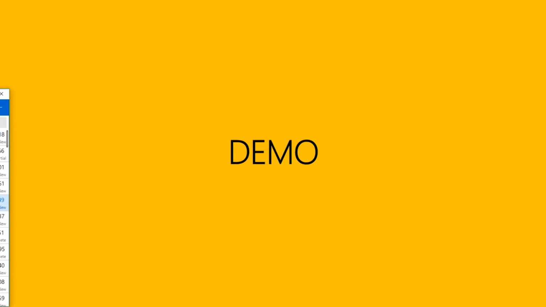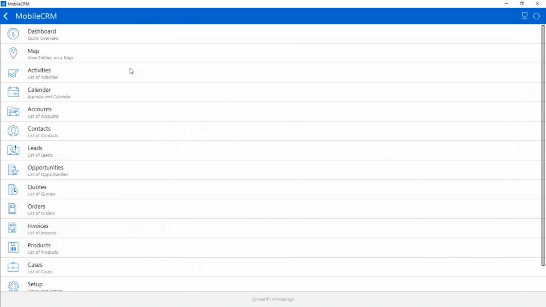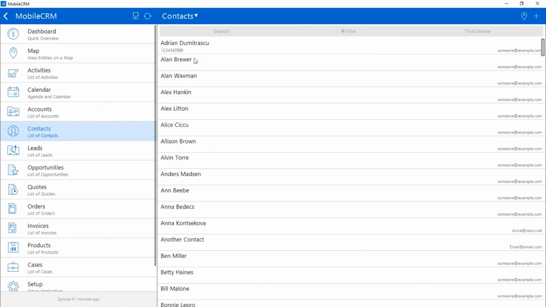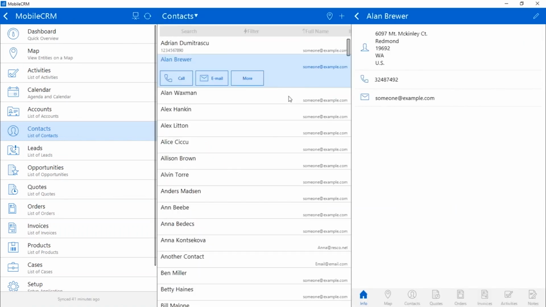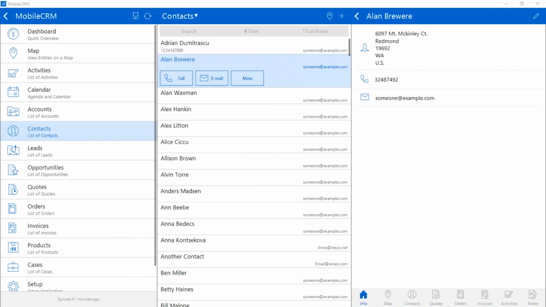So the first thing I want to show you is the mobile application. Let's start with the synchronization conflict. As a first thing, I'll open my contacts and I open Alan Brewer. By the way, if you haven't seen this, this is our desktop application, but it works the same as the iPad or the Android app. So let me change something, for example, the last name on Alan Brewer, or let's provide the fax number here and save Alan. The next thing I want to do is modify the same record